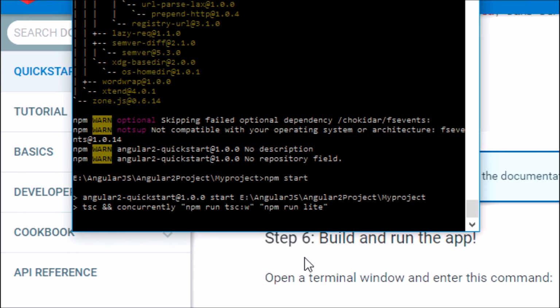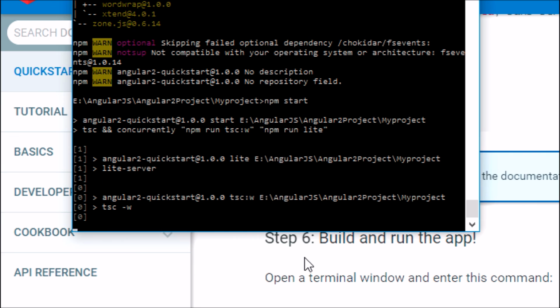It's compiling. TSC, TypeScript compiler. It's done.